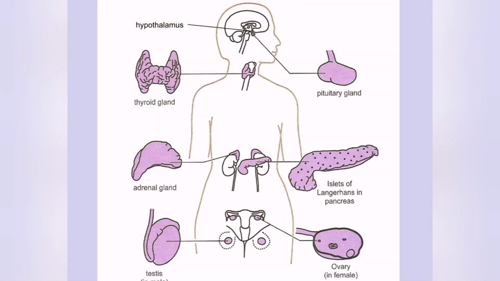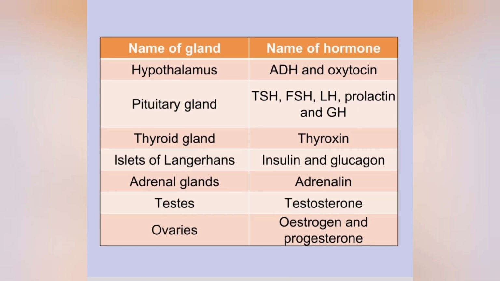Hot potato. So if you're asked in a test to label a diagram like this, going from top to bottom, you cheat by writing on the side hot potato, and you know what every letter stands for. Hypothalamus, pituitary gland, thyroid gland, adrenal gland, islets of Langerhans, testes, and ovaries. Easy, hot potato. So now that we know the names of each of the endocrine glands, you also need to